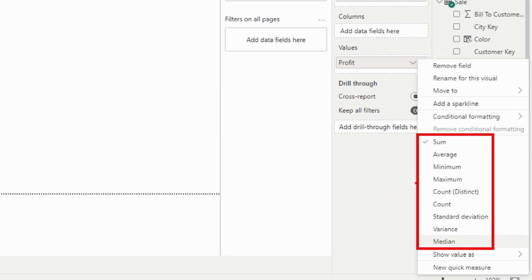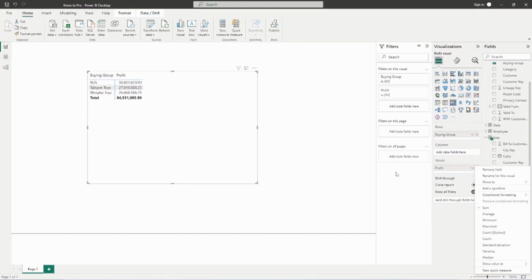So this is only when you're using implicit measures. Okay, so when you're using measures that Power BI has automatically created, this is how you're going to change them. Okay, so if I wanted the minimum or the average profit, I could just change it right here with this implicit measure. While that's nice,